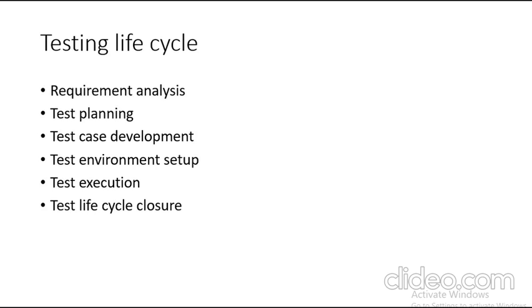Test planning is where we plan our testing, how it will be carried out in the entire life cycle. In it, the test strategy is defined. The test manager is involved to determine the effort and cost: how much effort should be put into a particular testing or to test a module or functionality. It defines the objective and scope of the project. Objective means what the outcomes will be or why we are testing a product, and scope of the project means what we are going to test. That is covered in scope, and what we are not going to test is covered in out of scope.